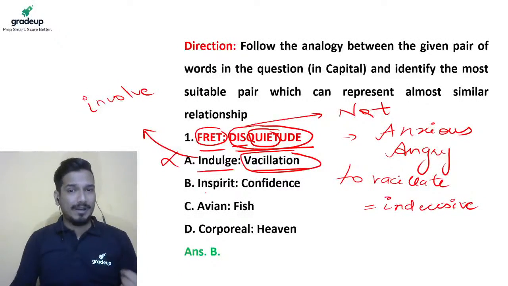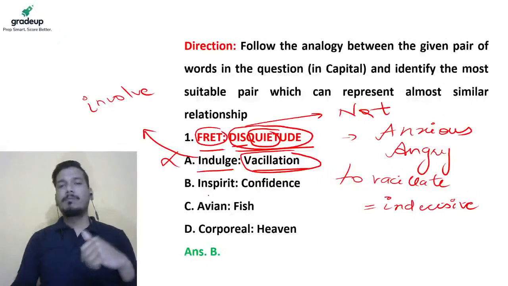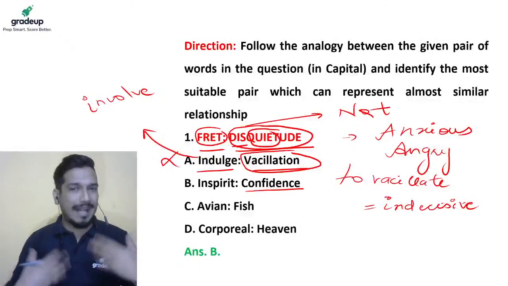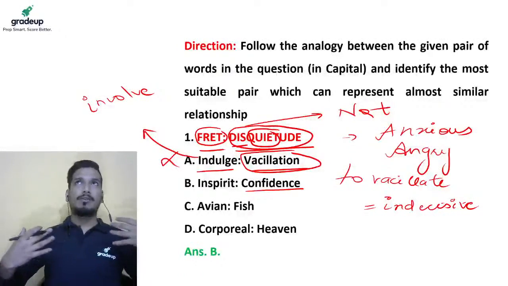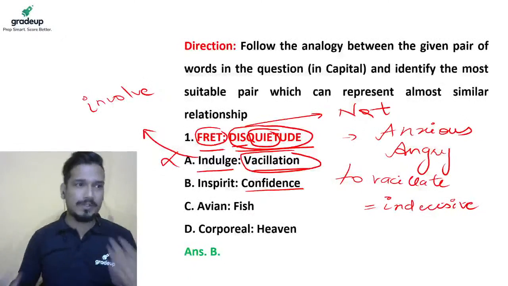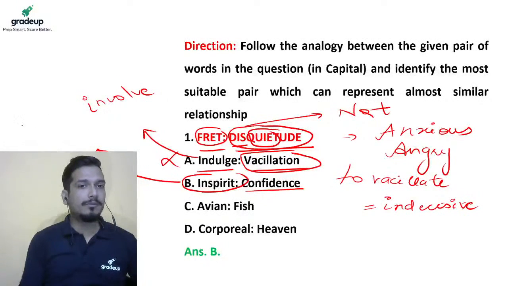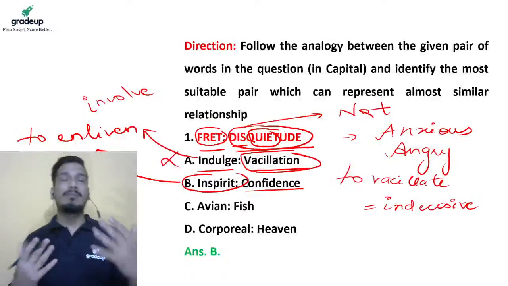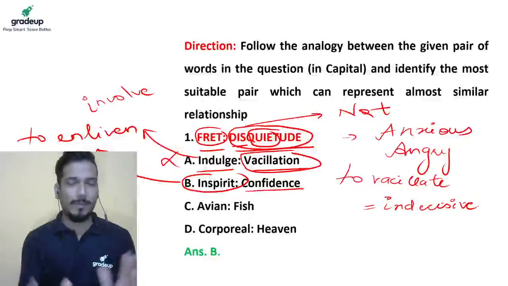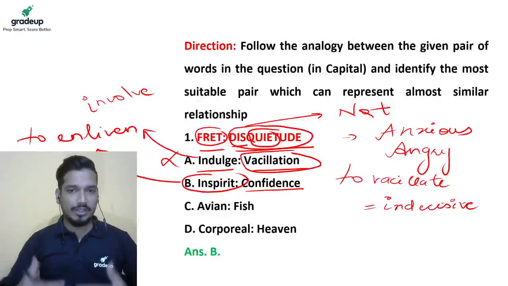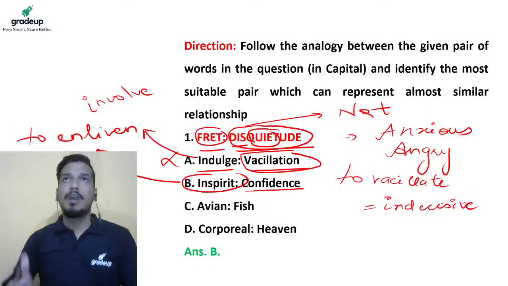B, inspirit and confidence. Now, confidence means you have a certain assurance about your personality or something you are doing. Inspirit actually means to enliven someone, to energize someone, to give some sort of confidence to someone. They may not be the exact synonyms of each other, yet they are close synonyms. For example,